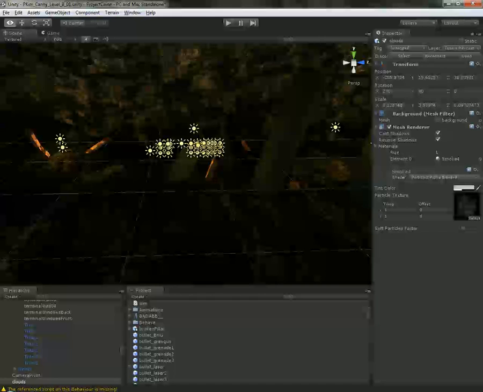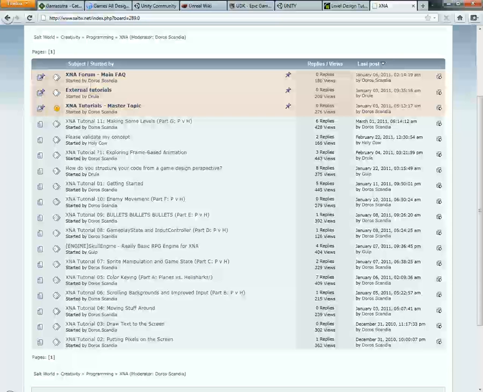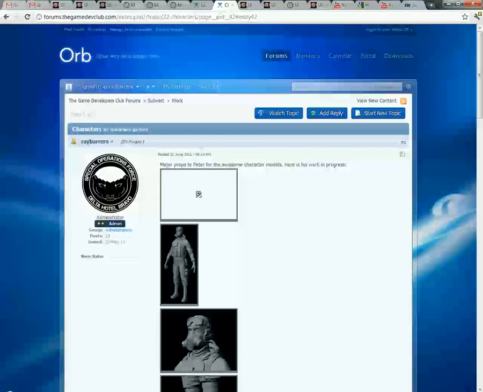Again, one's not better than the other. It's just a matter of preference. I use both, so some older projects I did in Unity, and my next project,